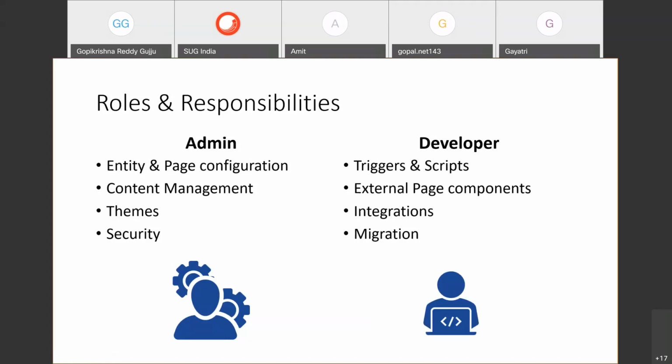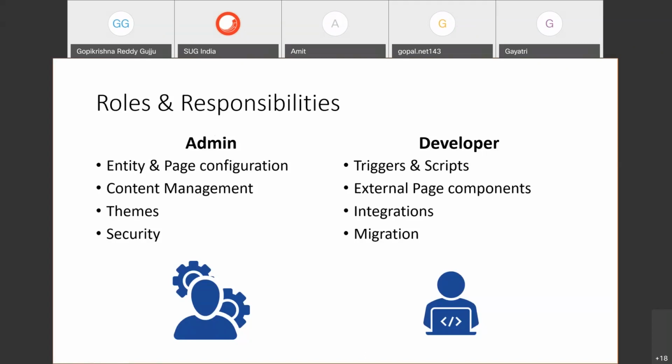And even if we have a dedicated admin, it is very important for us as developers to know all these activities, because we are not going to start straight away coding. We need to understand the system better, and what can be done without code and what cannot. Only then can we suggest that this requires coding, this requires some external integrations. That's the reason we need to know admin activities as well, even though we are developers. In some projects you would play both roles.